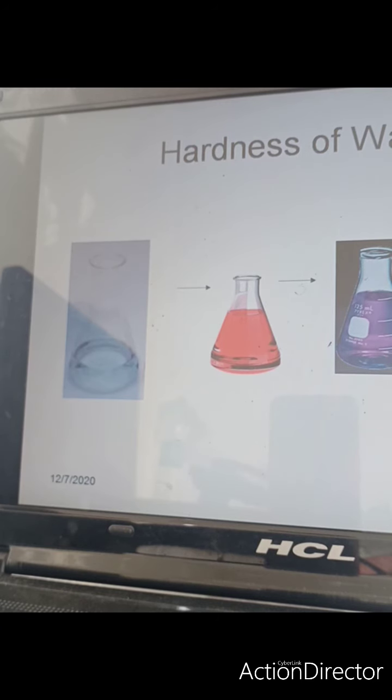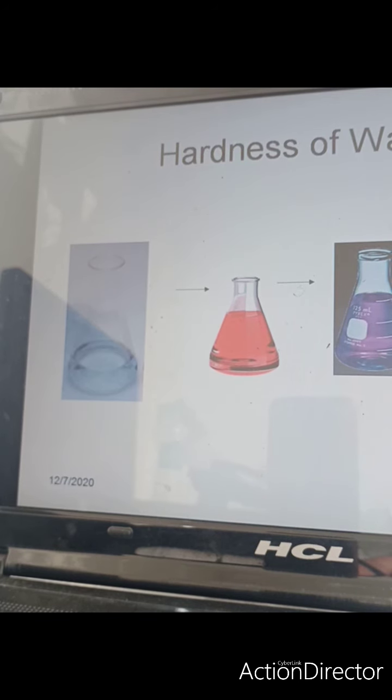Now when we are performing this experiment, we will be taking the sample containing hard water in the conical flask, and that will appear colorless. In that sample we will be taking 2 to 3 drops of indicator. The indicator here is EBT, that is eriochrome black T, or you can also take solochrome black T. When we put the indicator, since it is a chelating agent, it will form a complex with the metal ions which are present in the water,